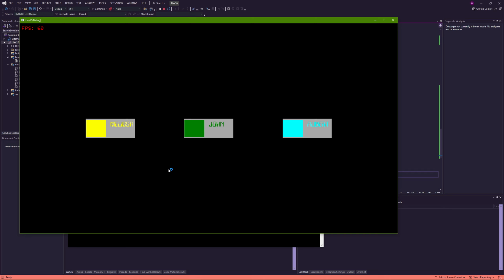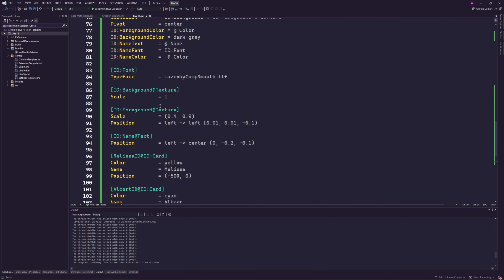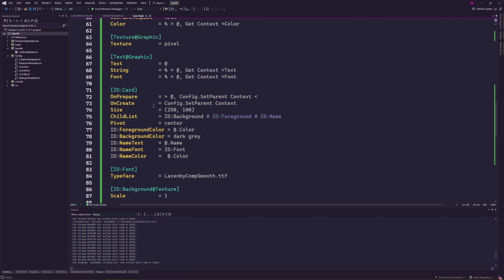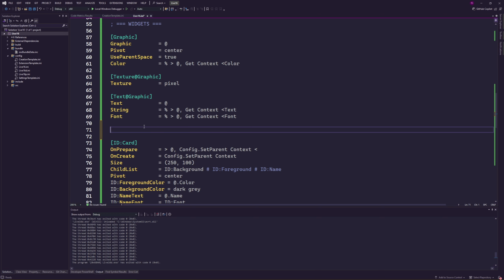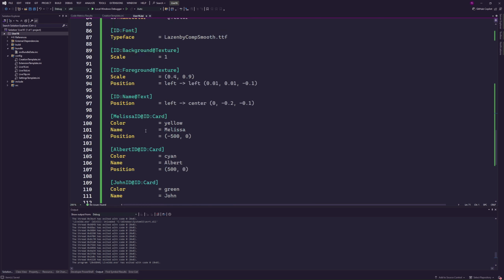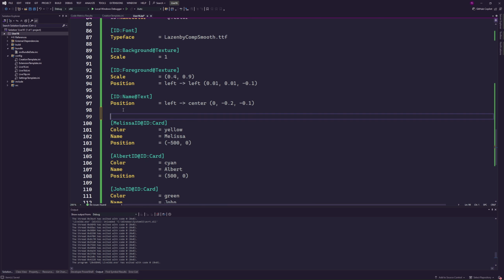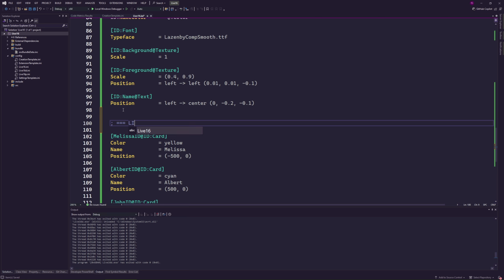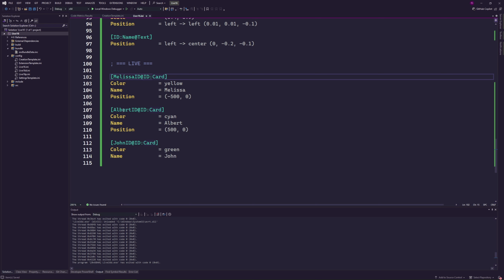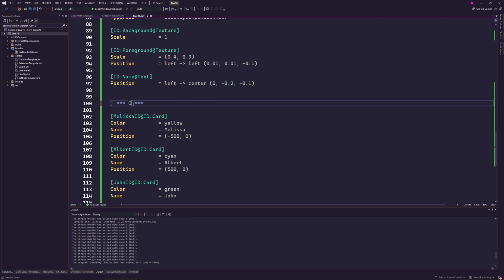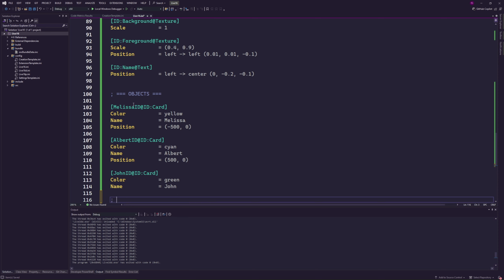Let's say now we want to add a new component to it. We want to have the status of this worker, but we want that status to be dynamic, to change not just at the creation of the card, but to change at any time. So we can do something a bit more advanced here. Remember, in our widget, the widgets are only this here, and this is the card. I'm just doing this to make it a bit more clear. And these are the components for the card, and these are like the live section, where we have our objects, right? So let's call it objects. And then we're going to have a live section with a status.